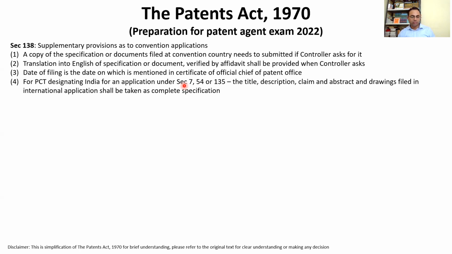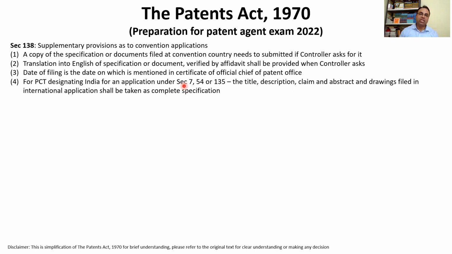Every application for a patent shall be made in the prescribed form for one invention only. Correct. And what is section 54? Patent of addition. Correct. And what is section 135? Convention application.